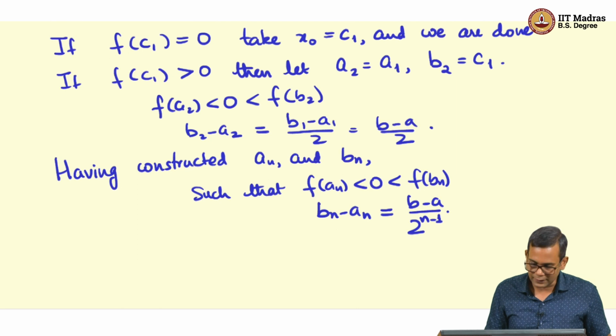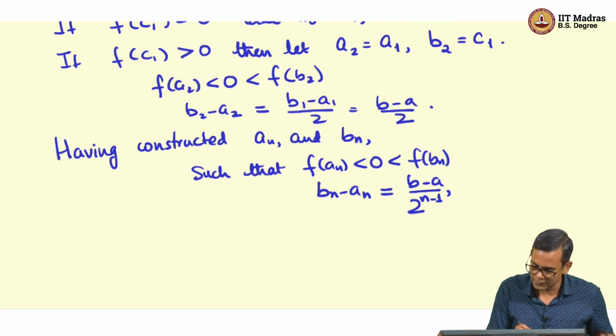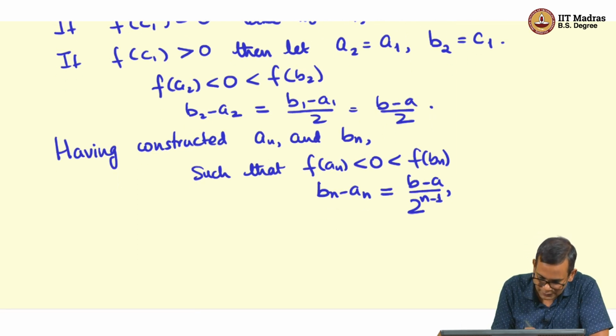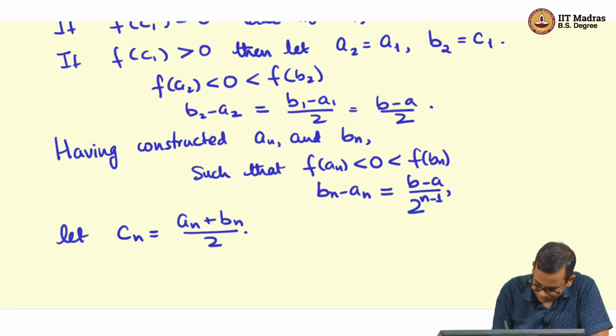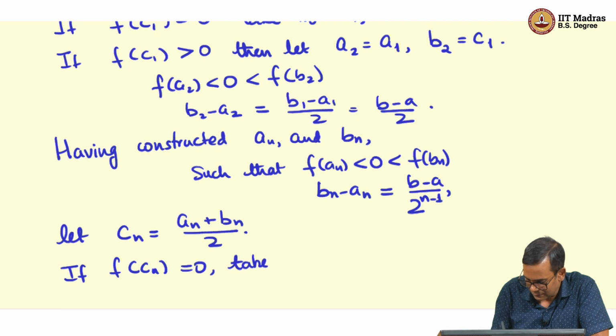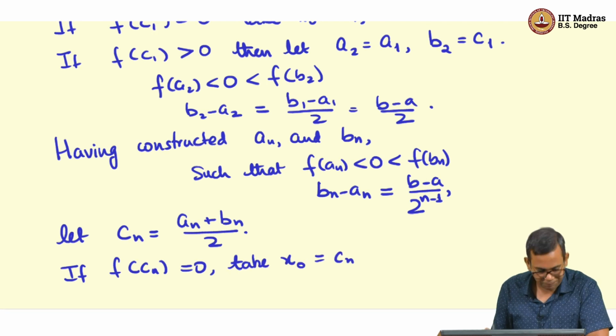We will construct A n plus 1 and B n plus 1. So, firstly you let C n be (A n plus B n) by 2. If f of C n is equal to 0, then you can take x naught to be C n. Otherwise,